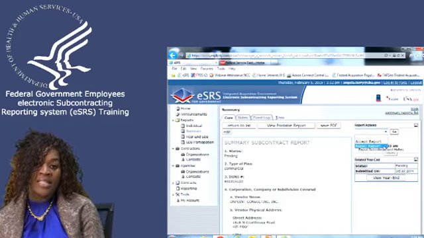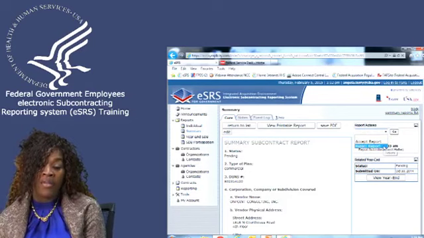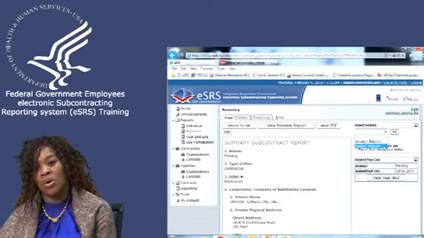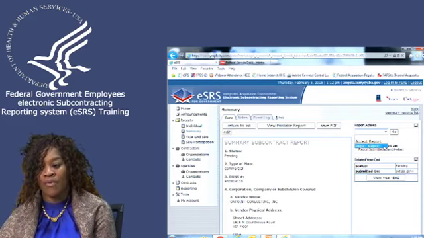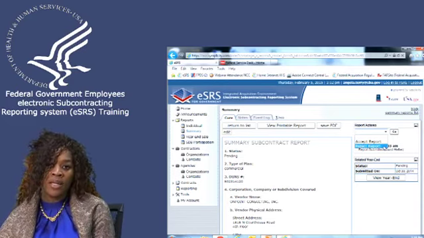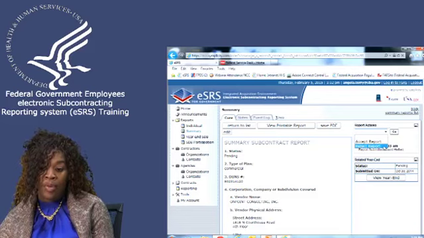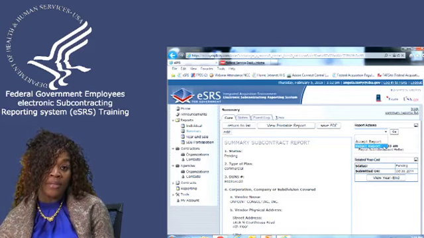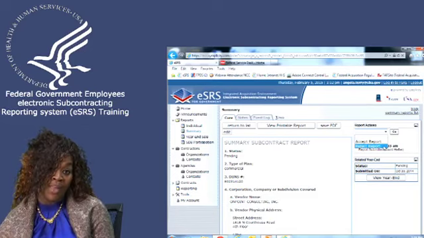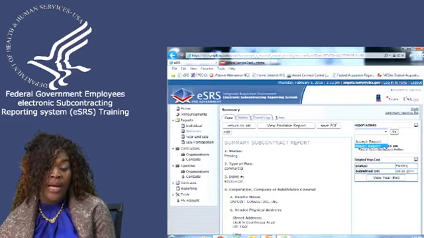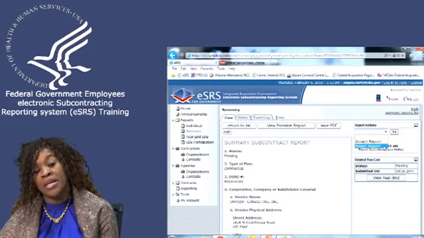If a contractor has not advised you why they have $0 or why they have not started to meet their goals, or if you see that they're having some type of shortfalls, you need to address it immediately. Please keep in mind that the commercial plan subcontracting report is fiscal year based. So if they have not met their goals, then they're not going to meet them for this particular subcontracting plan. We have an issue. We need to address that issue immediately.